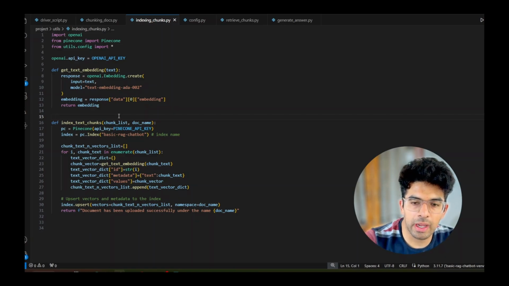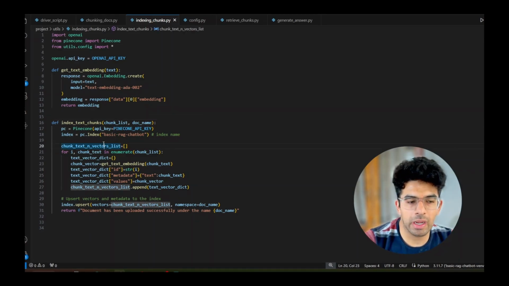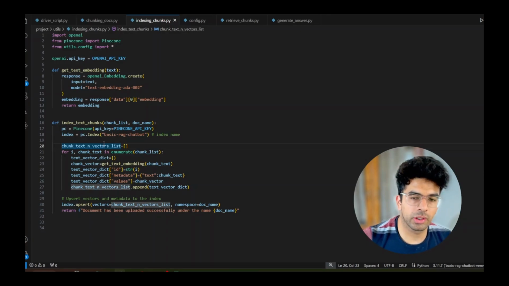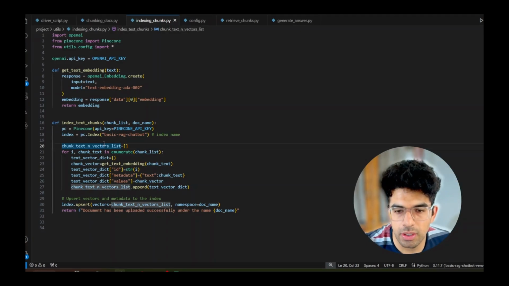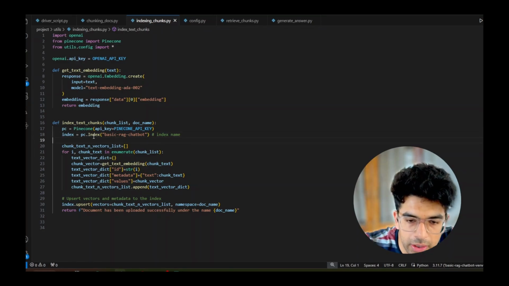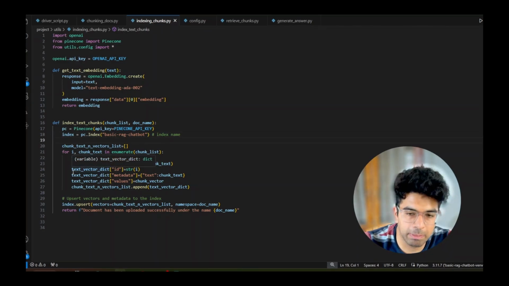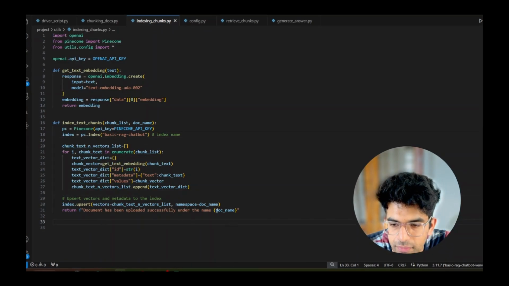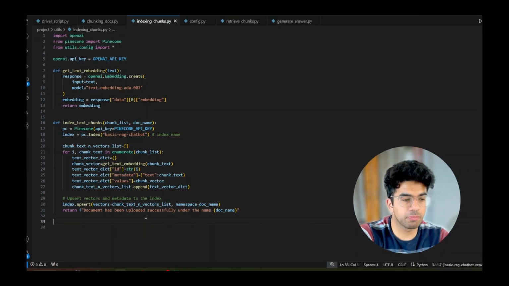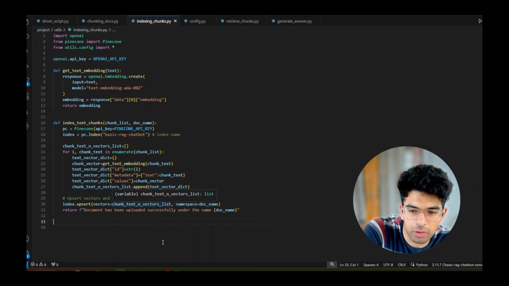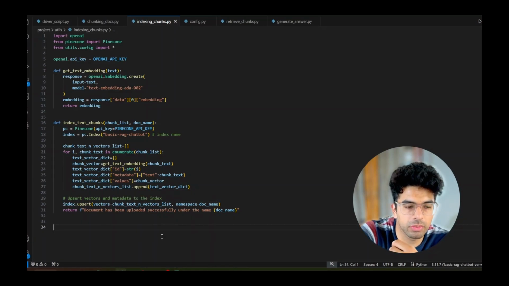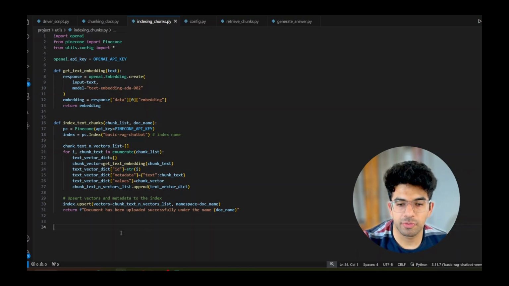After we are done with that, we will initialize our index, which can be done through the code itself, or you can directly go to the website and initialize an index. In this case, the name of our index is basic RAG chatbot, and then we ingest every embedding into the vector database. Also, we are giving a namespace as the document name. Like I spoke before, you can specify a domain also, and you can query from that particular domain to get specific answers from a particular domain.